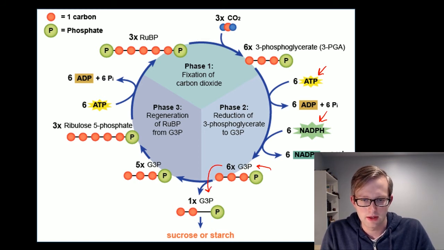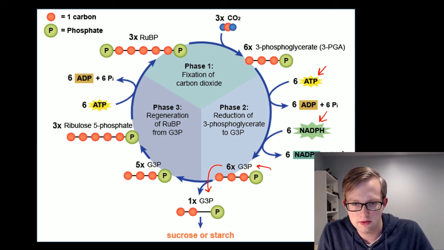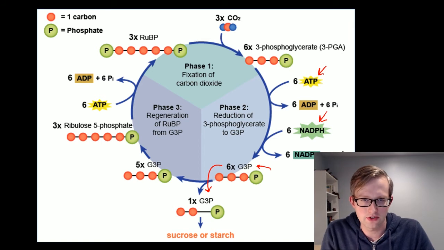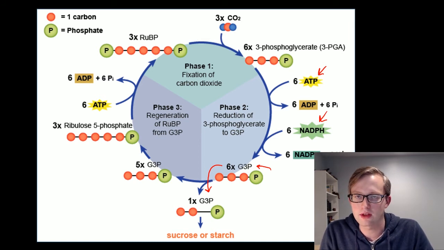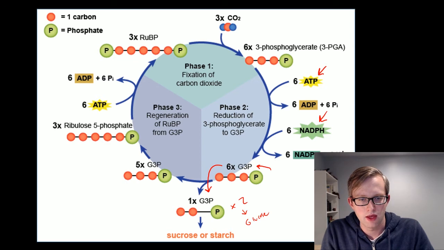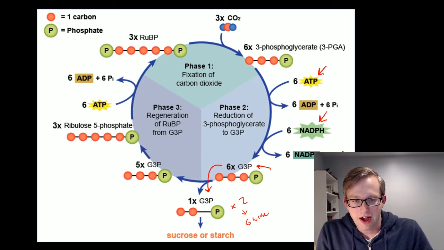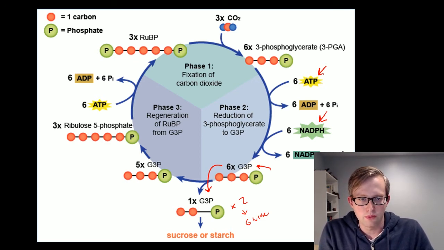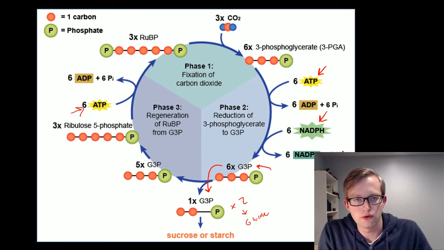And the reason why that's significant is because this G3P down here is going to become the part of the glucose molecule. So one of these 6 G3Ps is going to leave the cycle each time we go around. So that's 3 carbons coming out. So every 2 times we go through this cycle is going to yield us a glucose molecule. The other 5 G3Ps then continue on, and through additional processes which require more energy, they're going to restore the